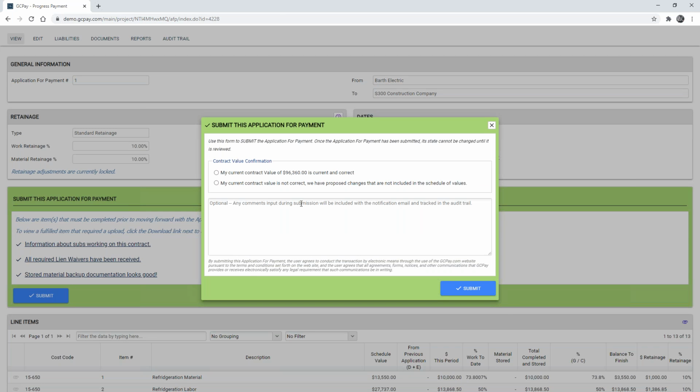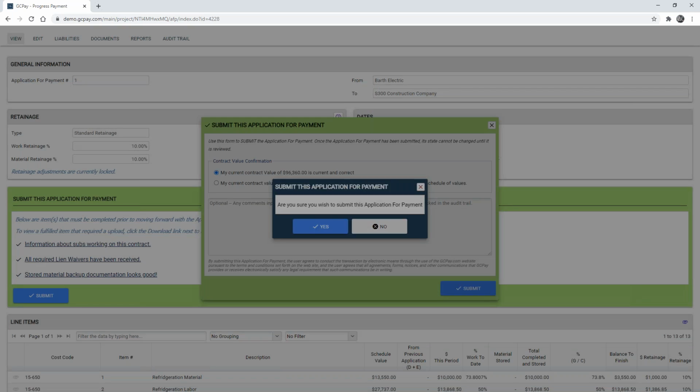So when we submit this, the subcontractor can attest that, yes, my current contract value is correct. Alternatively, they can attest that it is not correct and that they have a proposed change order that is not included in the schedule. And so at this point in time, they can identify whether that contract value needs to be changed.